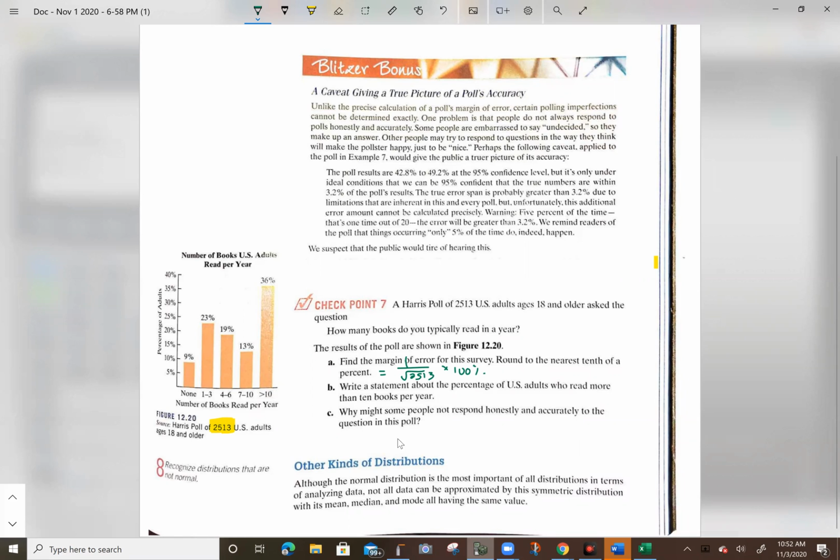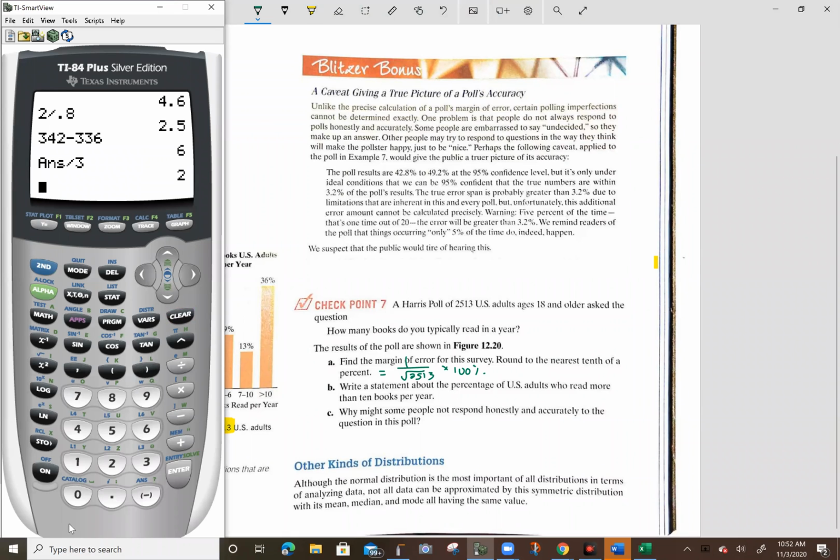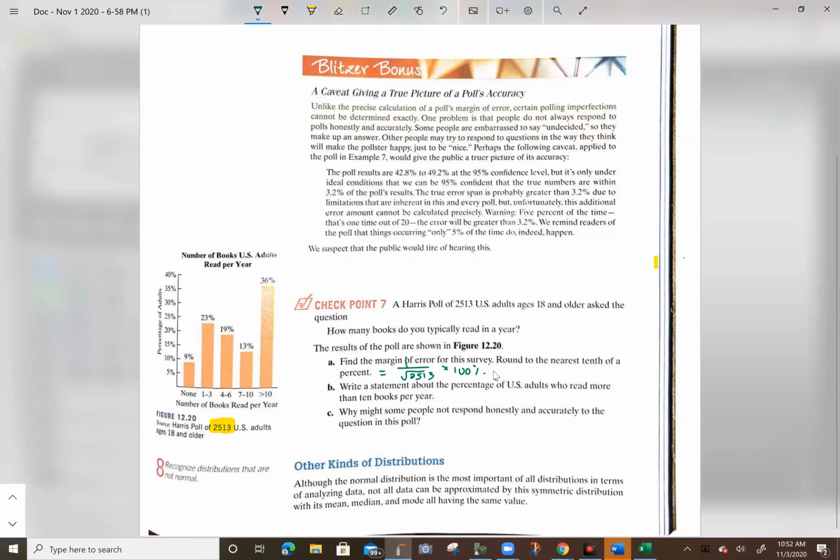If we put that in the calculator, we get approximately 2%, which means we are 95% confident